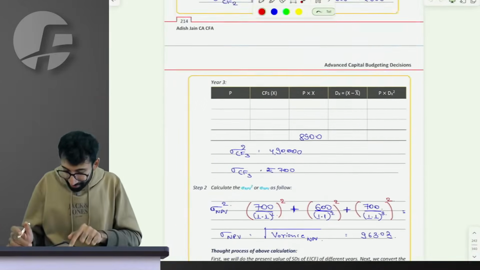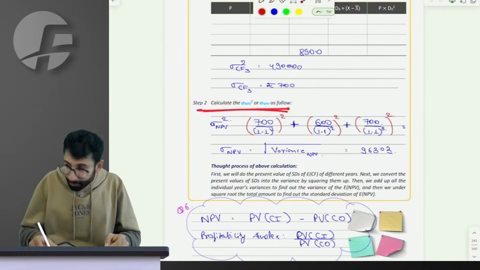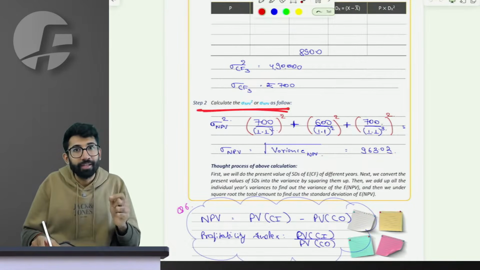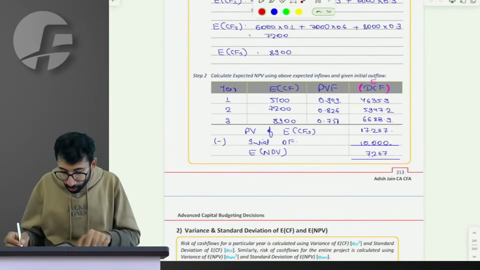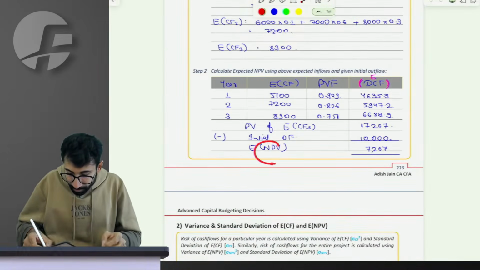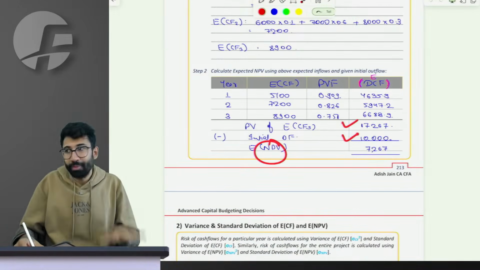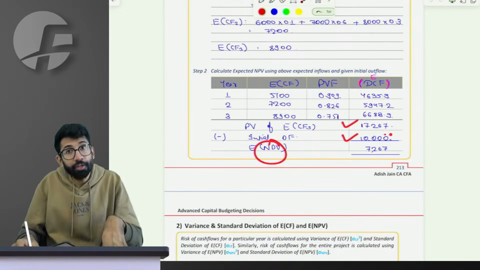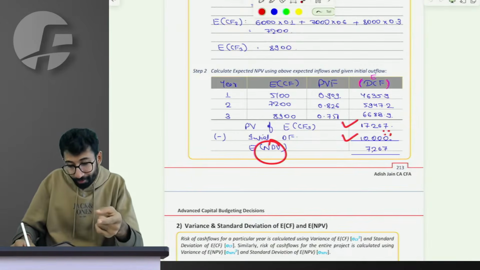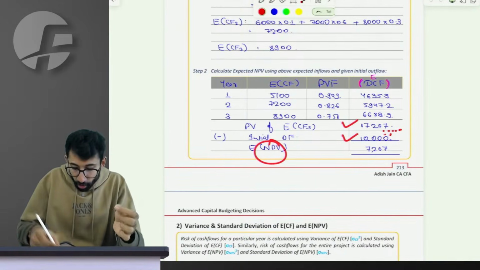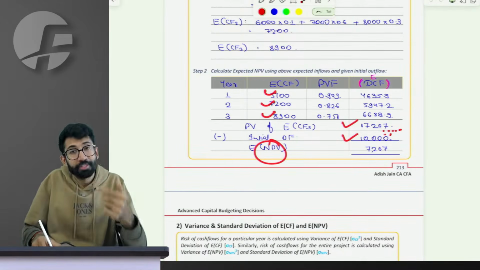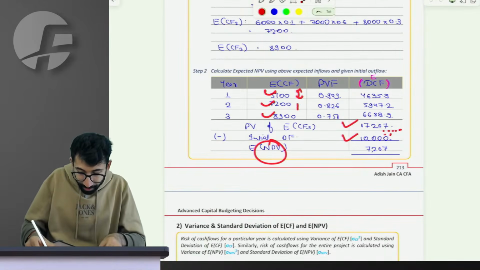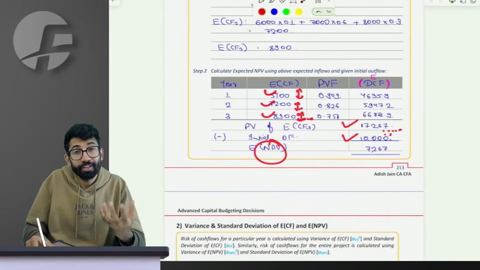Perfect. Sir, next, learning to calculate the risk of the NPV. Please apply common sense that this NPV is nothing but present value of inflow minus outflow. Outflow is fixed, certain today, it is at 0 point, but the inflows are uncertain. All these inflows that you were talking about are subject to uncertainty. This can deviate by 700, this by 600, this by also 700. Up and down deviation, the respective amount of deviation.